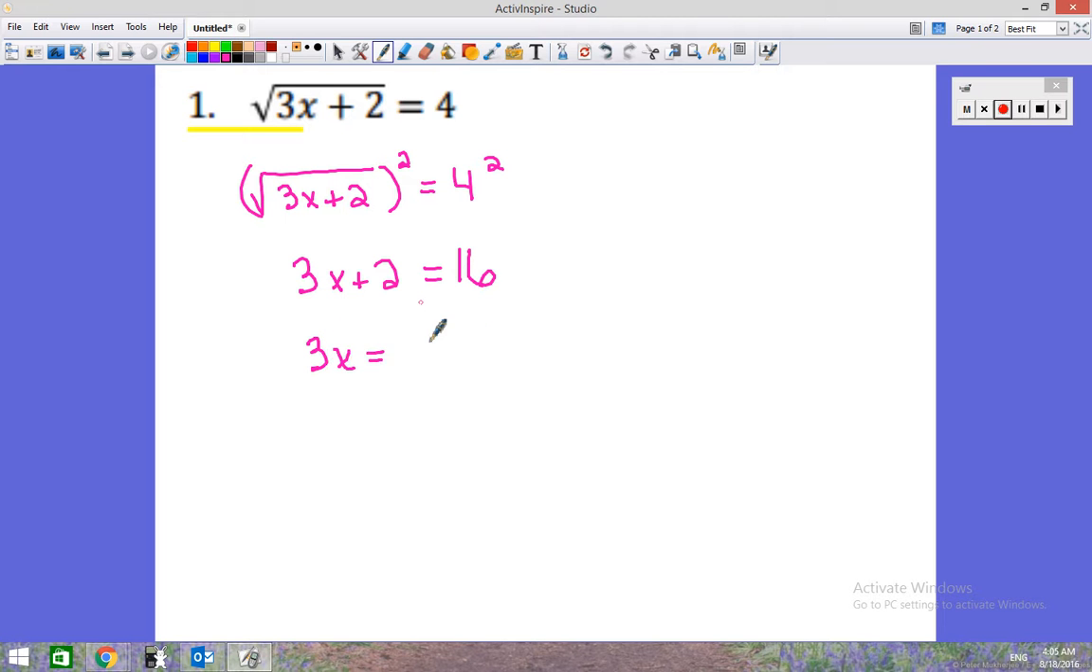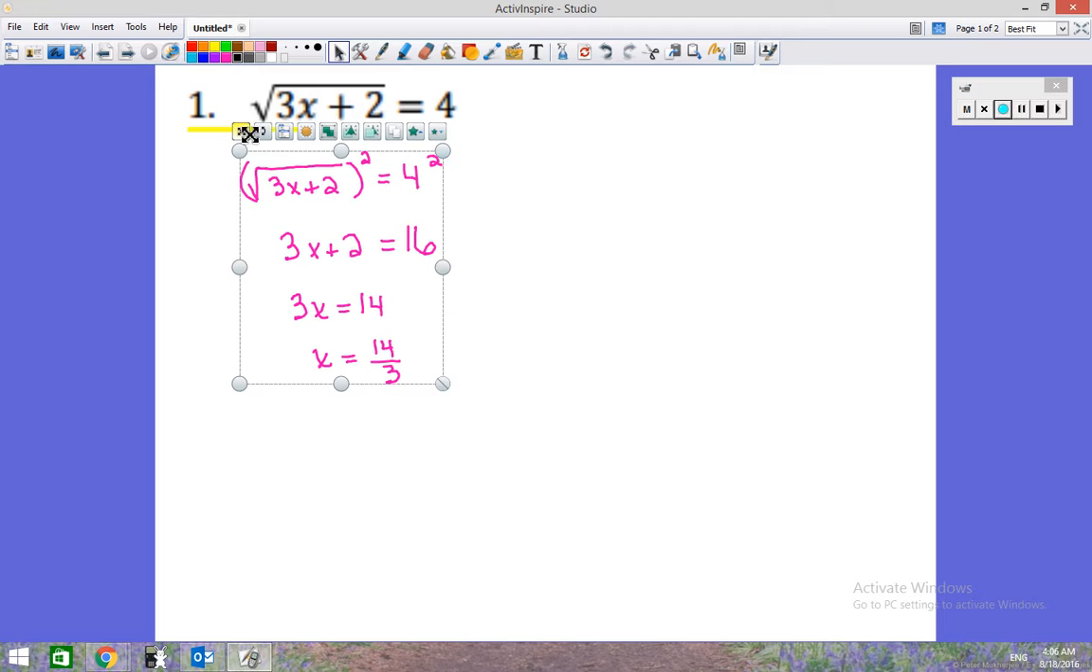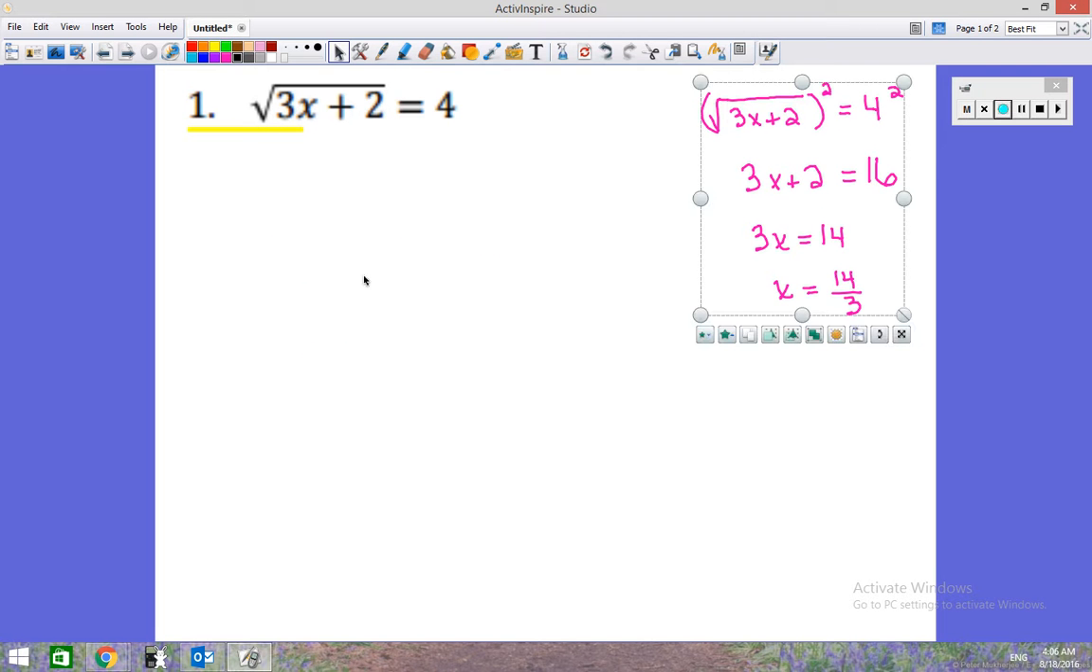Alright, if I subtract 2, and if I divide. Alright, so let's check and see if we agree that that's our final answer. Right now it's just our possible solution. So if I check it,